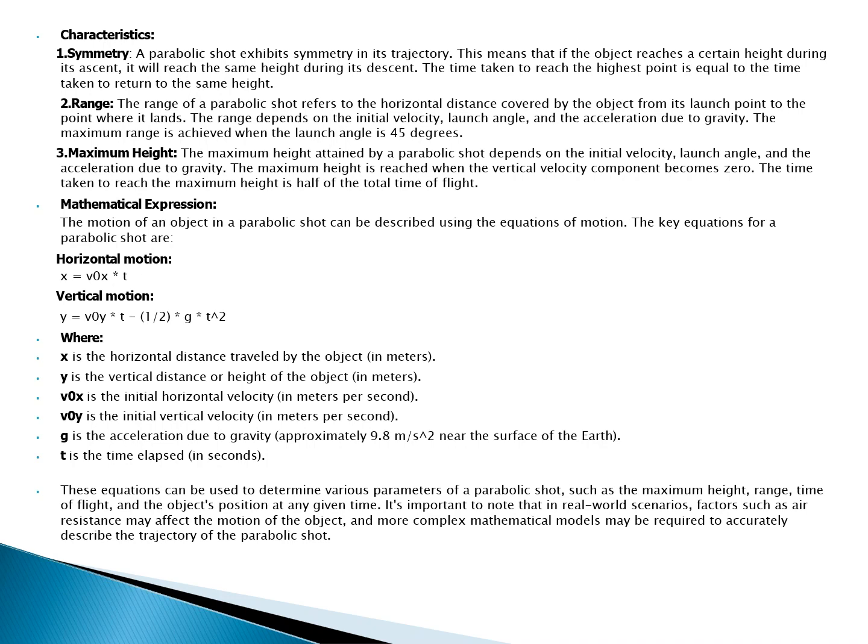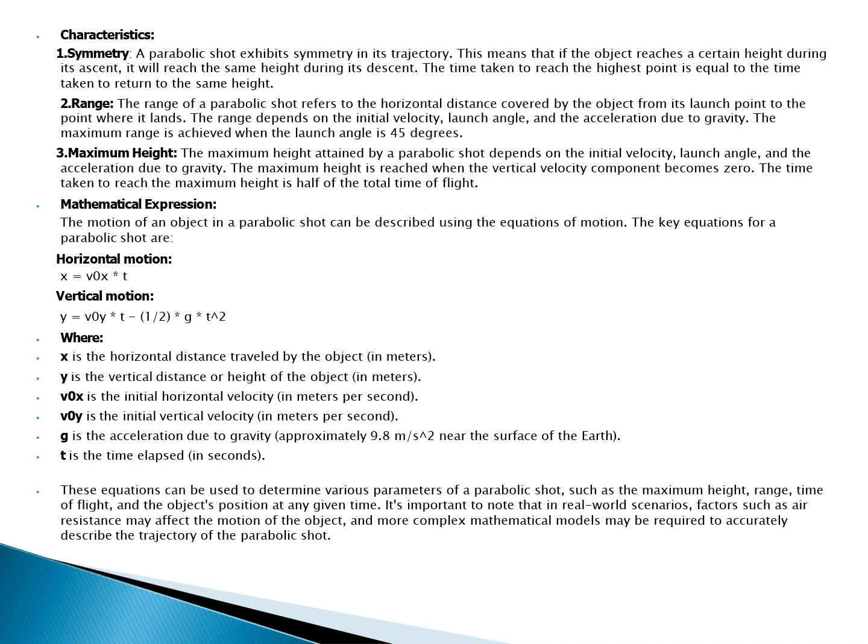y equals v0y times t minus 1/2 g times t squared, where x is the horizontal distance traveled by the object, y is the vertical distance or height of the object, v0x is the initial horizontal velocity, v0y is the initial vertical velocity, g is acceleration due to gravity, t is